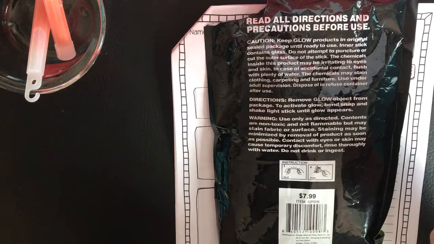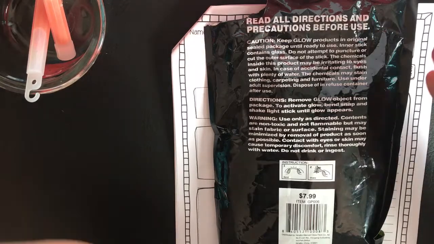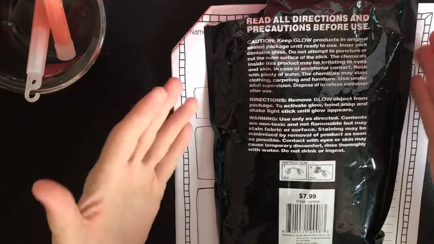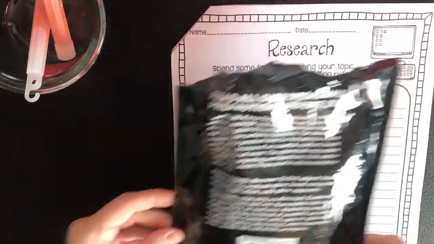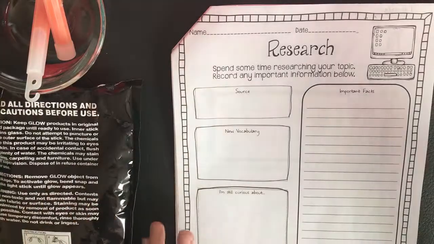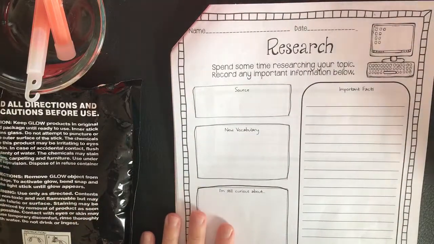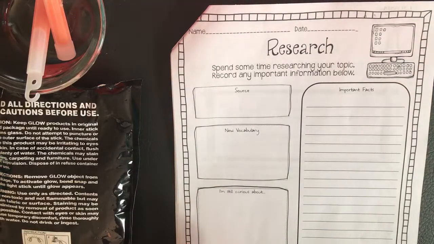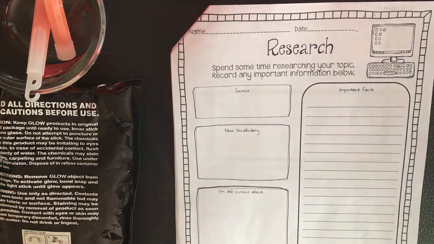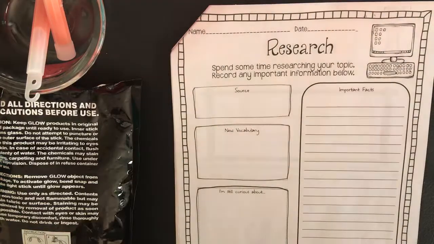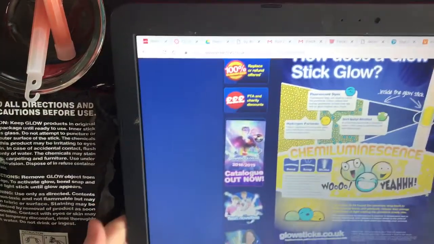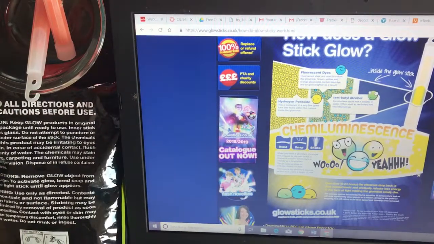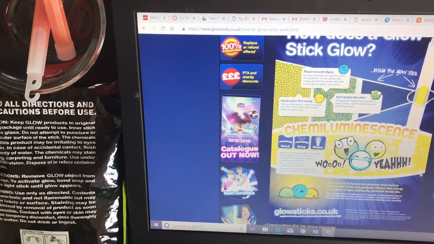Okay, so I know I've learned some new things just from reading the back of this package. So like I said, sources can come and you can find them in all different places. Now, in addition to this, I also watched a video on YouTube that gave me some information as well. And I found a website that also helps me to understand a little bit more about glow sticks. So here's the website that I found. And on the website, it says at the top,